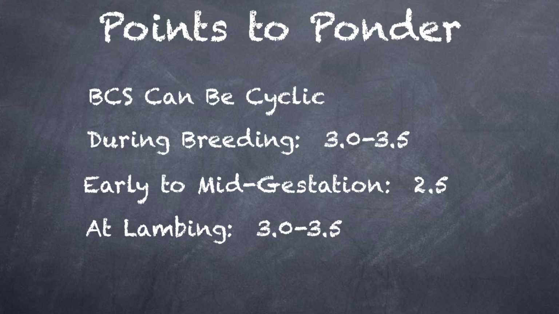This is because ewes with moderate body condition scores generally have fewer birthing problems. During lactation, most animals will drop in body condition scores because they cannot meet the energy demands of lactation. By weaning, most ewes can be in a score range of 2 to 2.5. The most important part is to monitor the flock and make sure they are not falling out of a natural